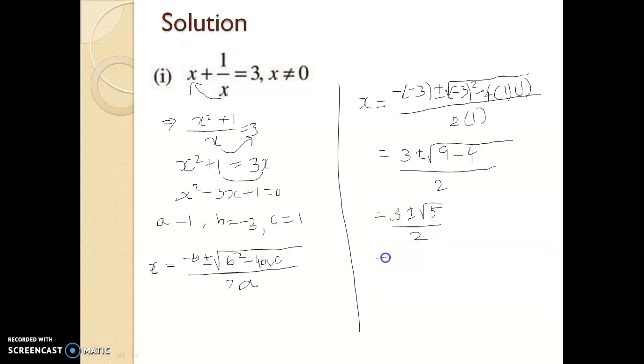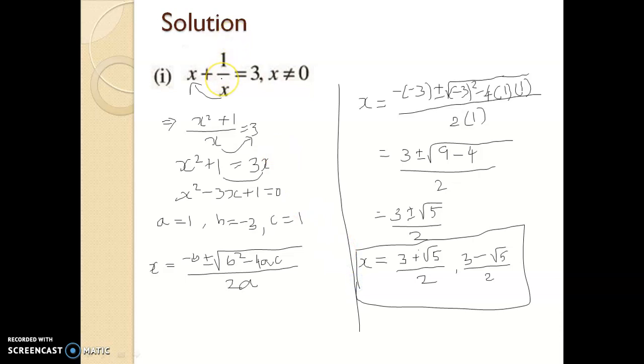Inside the square root 5 is there. It is not a square number, therefore it is not possible to take the square root. It is also not a composite number. If it is some composite number, we can split it with a square number. But it is not possible, so keep it as it is. But you should write the negative and positive root separately. That is 3 plus root of 5 divided by 2, and another one 3 minus root of 5 divided by 2. So these are the two solutions of the given equation, right?